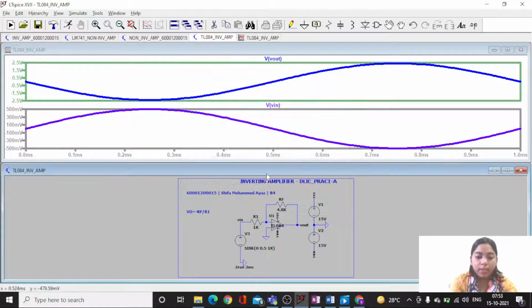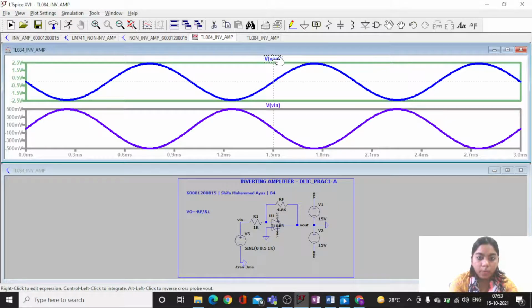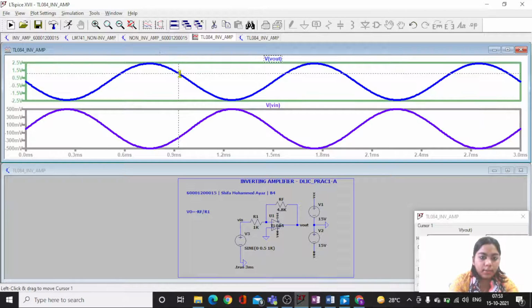Okay, so I have clicked on OK. I have changed it. I will save this and run it again. See, you can see now 3 cycles. Okay, so you can see the inverted output of this particular waveform. My input was a sine wave and I've got a cosine wave at my output. If I want to check the peak voltage over here, I click on my V out, I get this cursor, I'll place this cursor on my